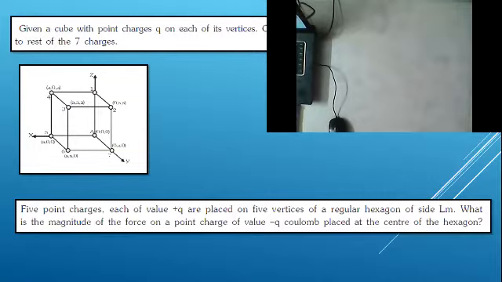So in the previous classes, we were discussing the basic properties of charge, and after that we discussed Coulomb's law and some extra topics about it, the various factors on which Coulomb's law depends, and the limitations of Coulomb's law. These are all the topics we have discussed in the previous classes.